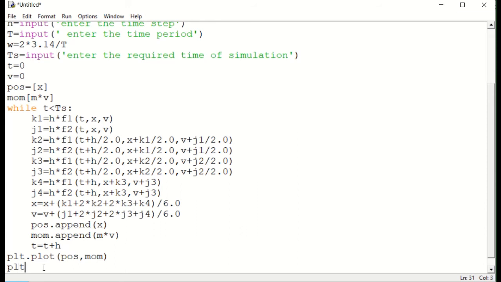So plt dot title. So we'll have the phase space plot or position versus momentum. So let me write position versus momentum of harmonic oscillator.